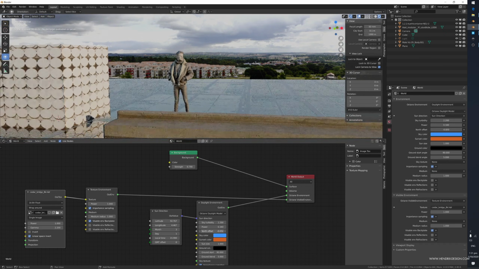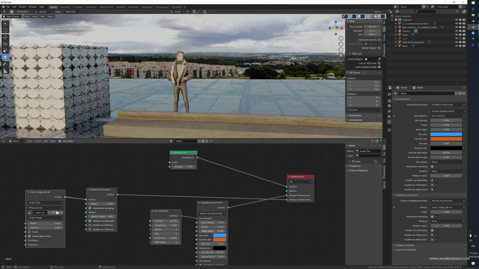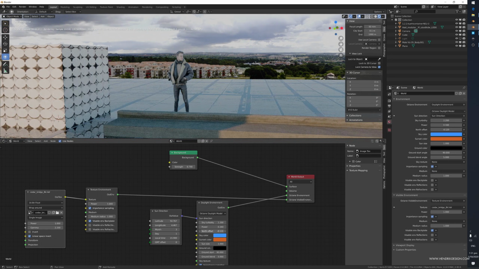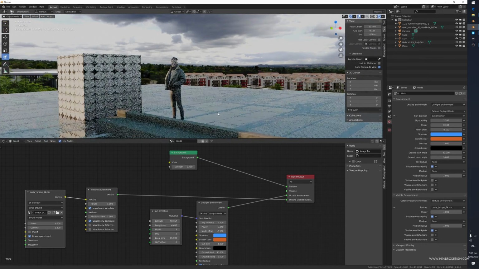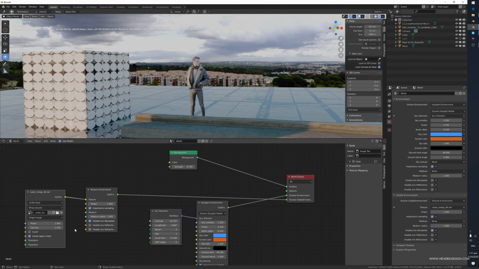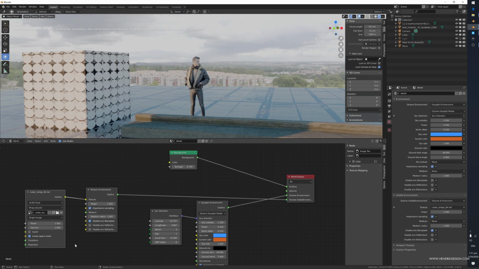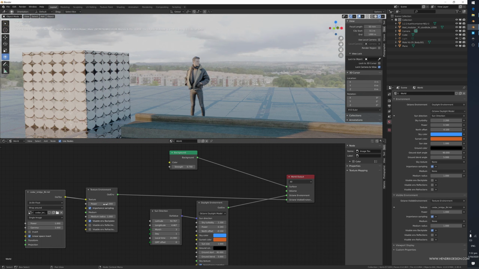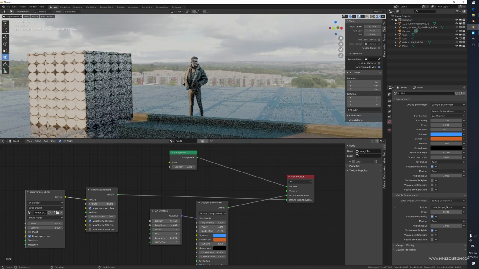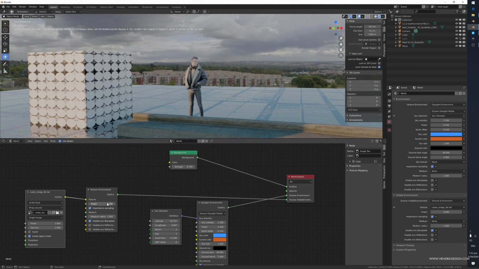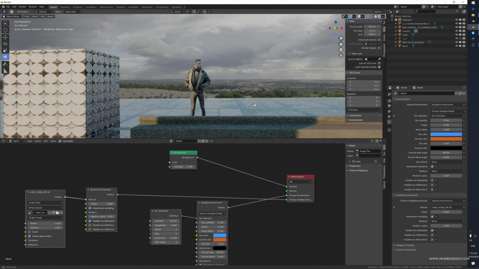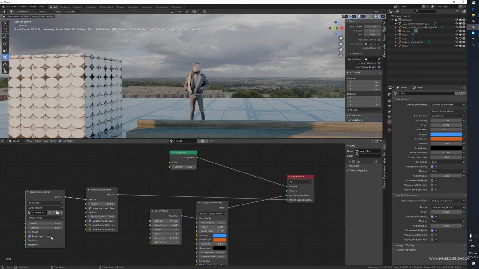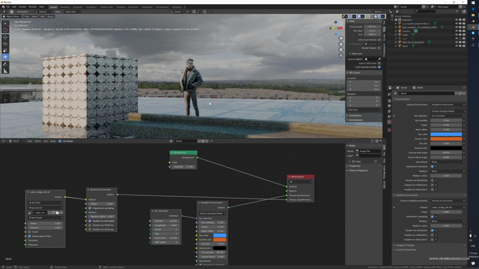I wanted to have it come from a slightly different angle because it looks nicer in terms of my composition. Of course, again, this doesn't match at all, but that's not the point. It's a bit blown out. Maybe we need to change the gamma a bit. Sometimes there are some issues with the overall lighting and what looks good, and we don't want to make it blown out. So usually